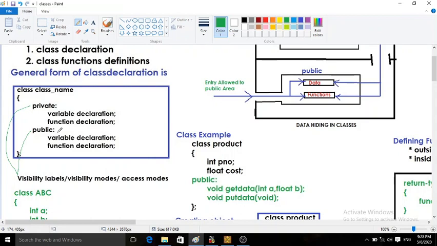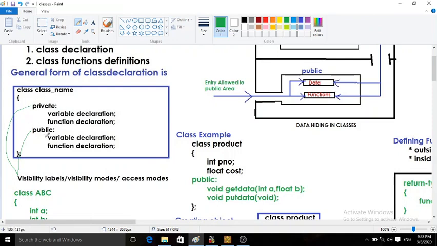So mostly for security purposes, all the data members are kept private and all functions are put in the public section, so that functions can be accessed from outside and data will remain secure.